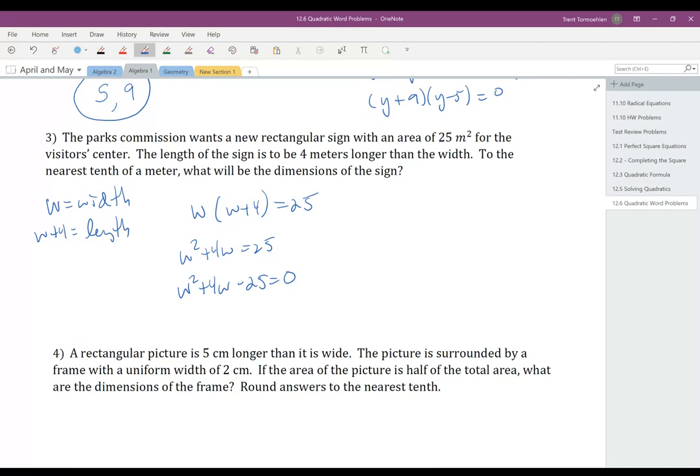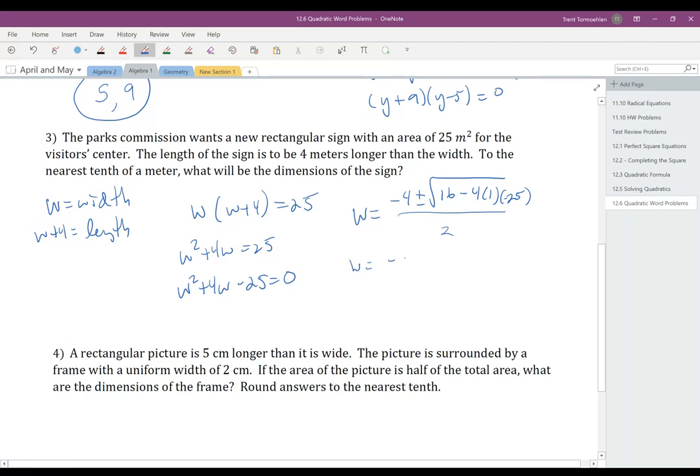I'm just going to do the quadratic formula, and so that means W is going to equal negative B, so negative 4, plus or minus the square root of B squared, which is 16, minus 4 times 1 times C, which is negative 25, all over 2, which gives us negative 4 plus or minus the square root of, well, that turns out to be 116, right? Negative 4 times negative 25 is positive 100,